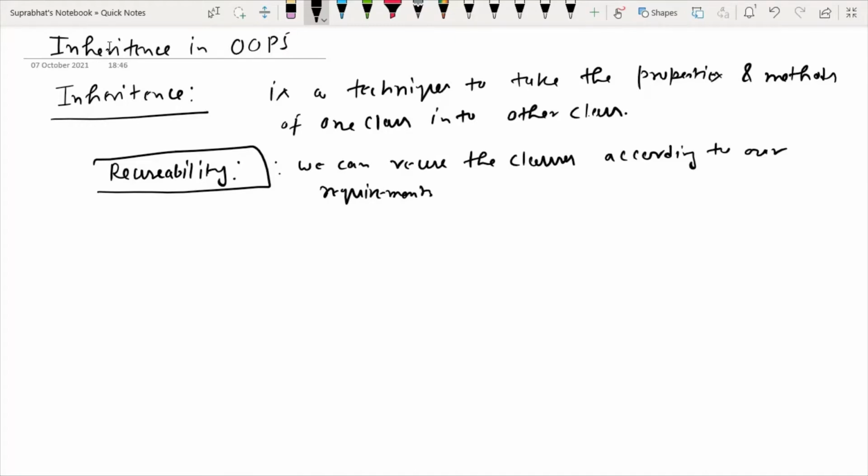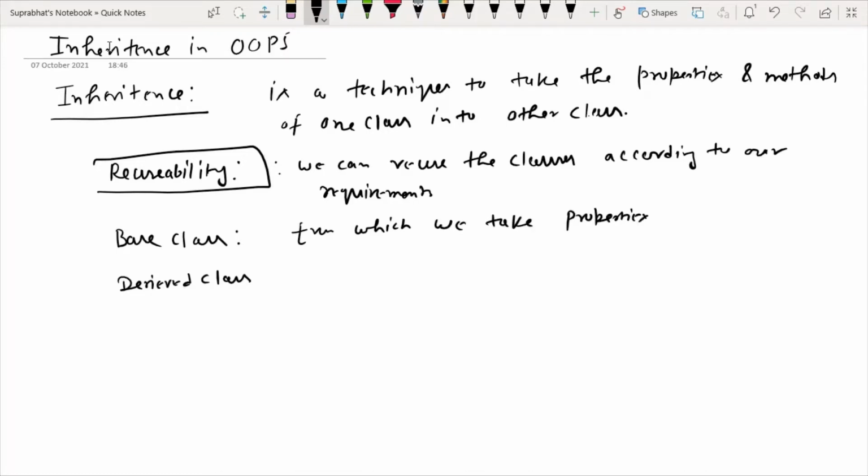In inheritance we use one base class and one derived class. The base class is the one from which we take properties and methods, and the derived class is the one that takes these properties and methods.